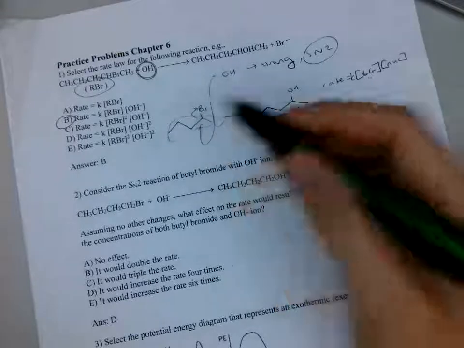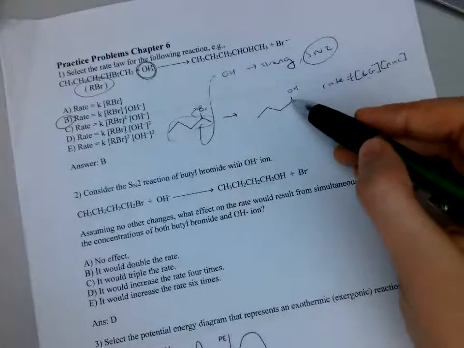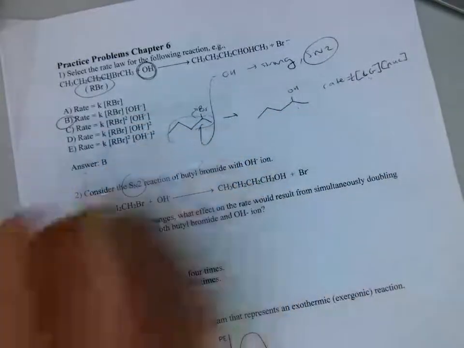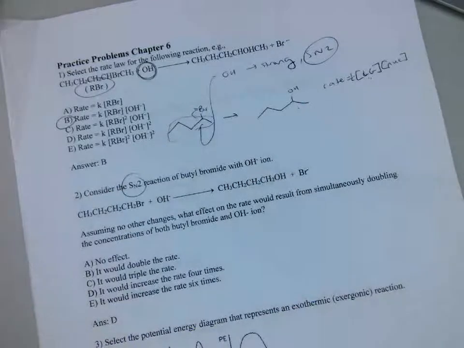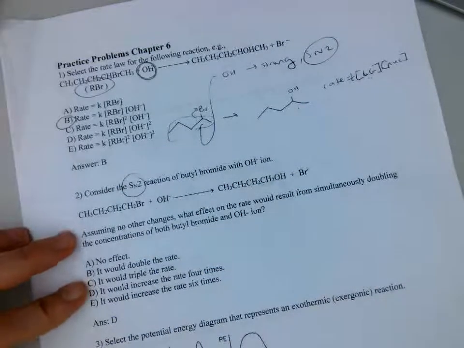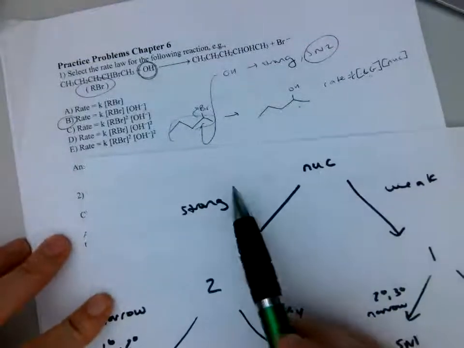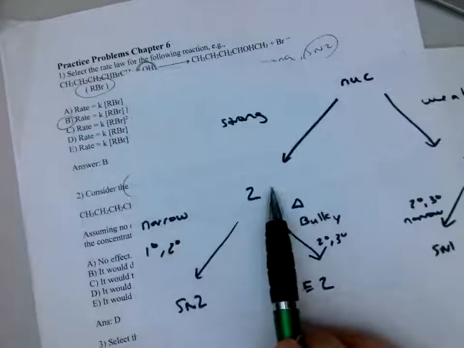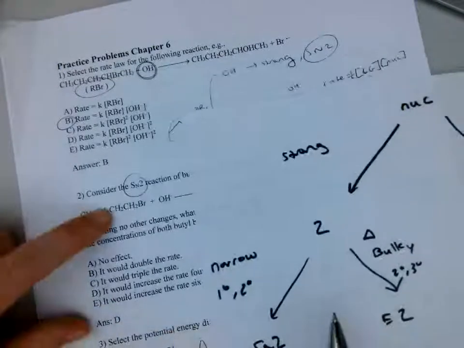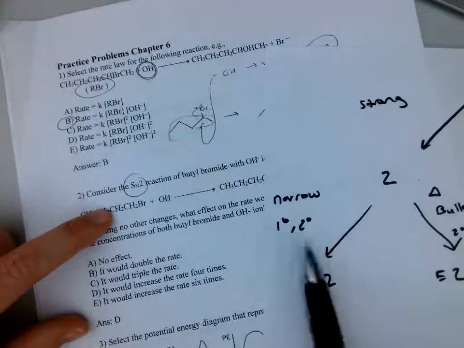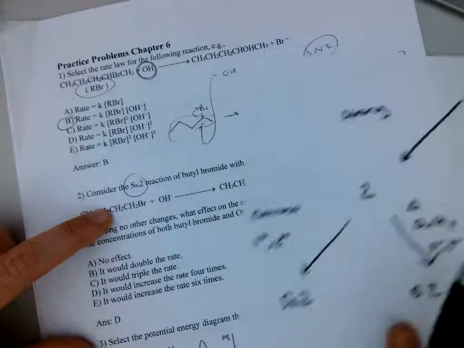So if this was a wedge, the OH would be a dash. Now this one tells you it's SN2, but if you just want to check yourself, this is OH minus, so negative charge indicates that it's probably going to be strong, so it's going to go secondary. And then this is primary,